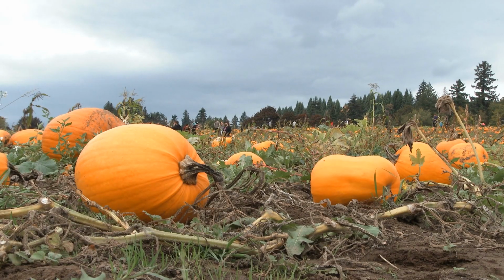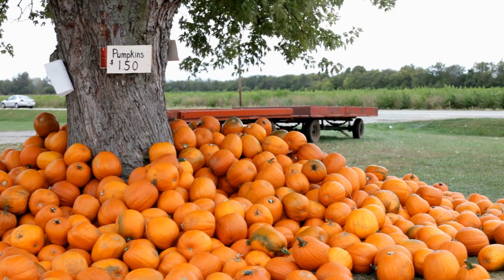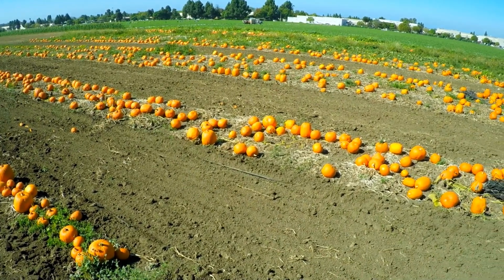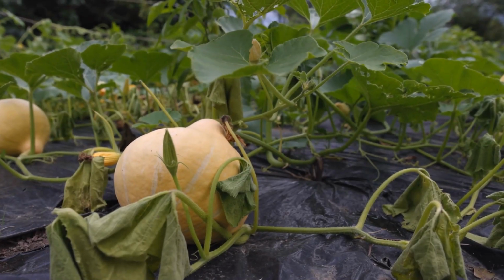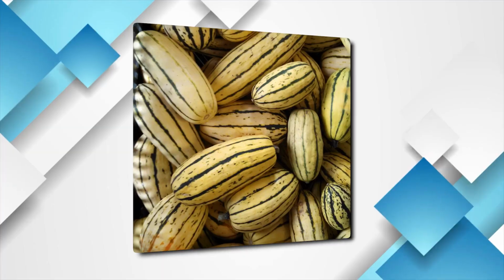Full-sized pumpkins can't be grown on a trellis because the weight of the pumpkin is too much for the vine to support. Other types of pumpkins, on the other hand, will be fine because the vines will get stronger as the fruits get heavier. The problem is the plants don't seem to be very productive given how big they are. When I grew butternut squash, I rarely got more than one fruit per plant. Even the smaller squashes like delicata